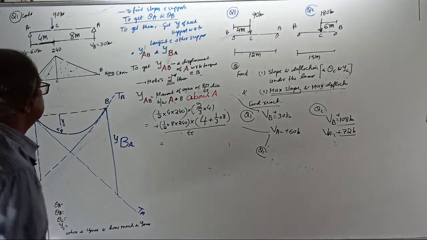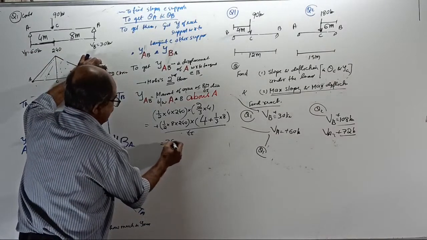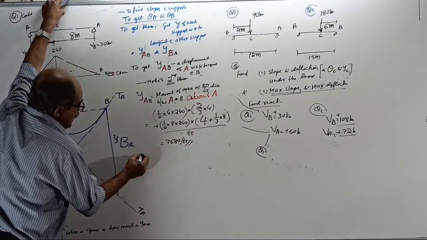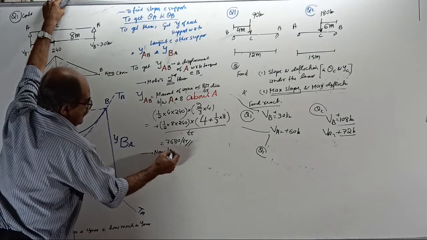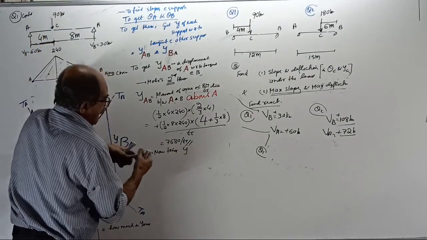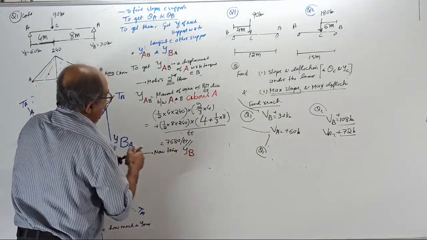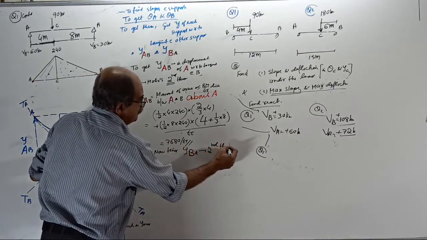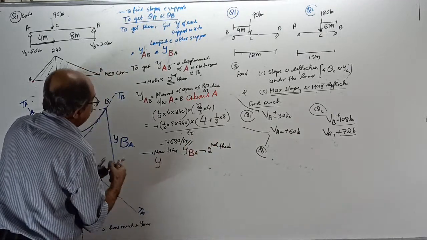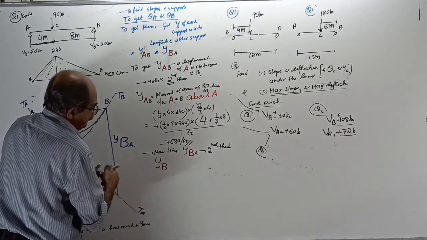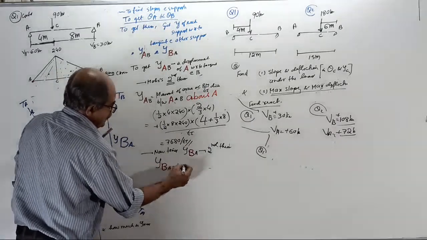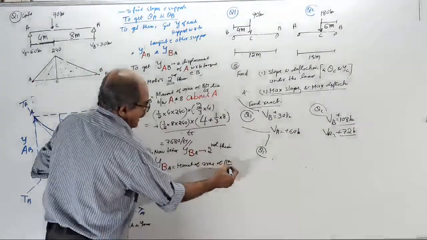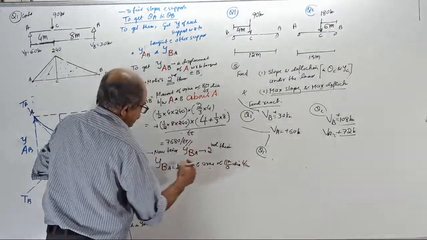7680 by EI equal to 7680 by EI. Okay, now next point. Again, now find y of B with respect to A by using once again the second theorem, right? Y of B with respect to A is the moment of area of BM by EI diagram between B and A,